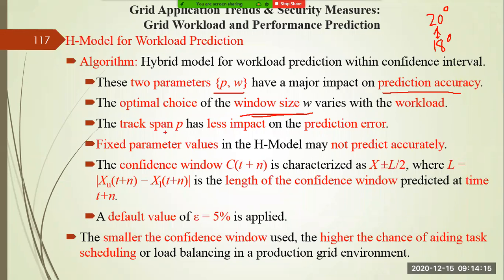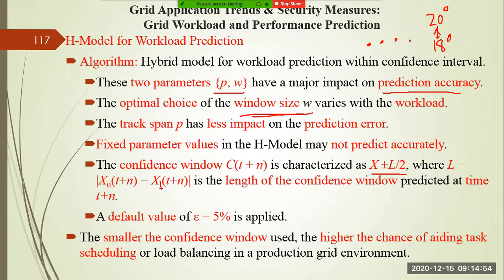And fixed parameter values in the H model may not predict accurately. If you put some dynamic parameters instead of the fixed parameter, the prediction may be more accurate, right? So here the confidence window, they are taking that confidence window is nothing but C of T plus N. T is your current time, N is your further look ahead. Like I told you, we are present in this position and you are predicting for the next 3 days. So it is characterized by your X plus L by 2, where L is defined as your upper bound as well as lower bound